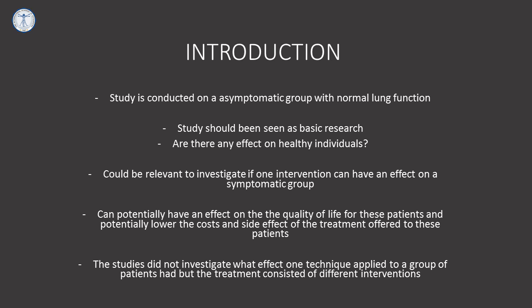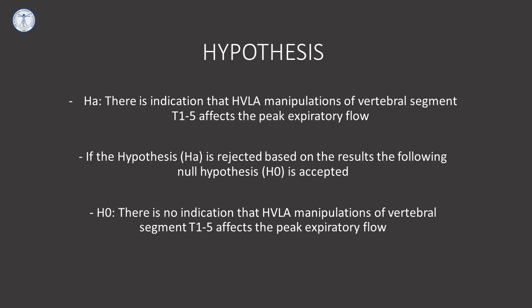Studies regarding the effect of spinal manipulative treatment of patients with respiratory problems have already been done. These studies showed different results. The studies did not investigate what one technique applied to a group of patients had, but the treatment consisted of different interventions. This study, changes in peak expiratory flow after osteopathic manipulations of vertebral segment T1-5, is based on